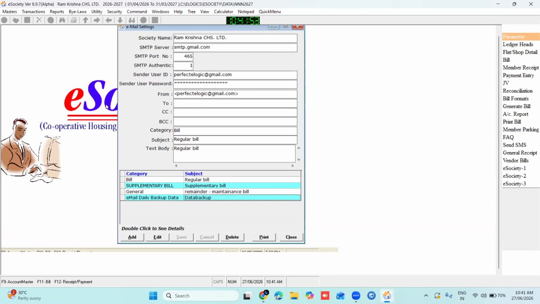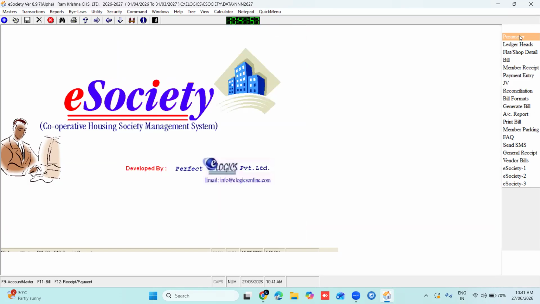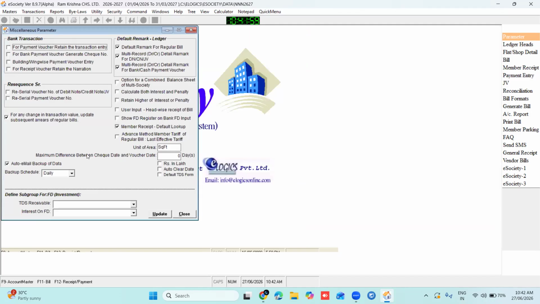Only the thing is that this email setting will come automatically, but if you want to create this automatic data backup in previous year also, you have to go to that previous year and tick on this option to automatically start the daily backup. As per your schedule, if you want to start the backup, you have to go to parameter, general parameter, and tick on this option and select the schedule.